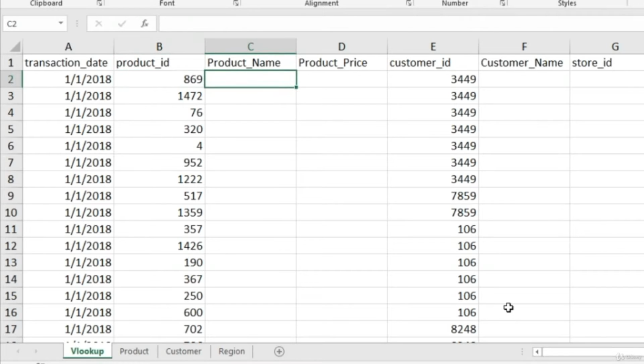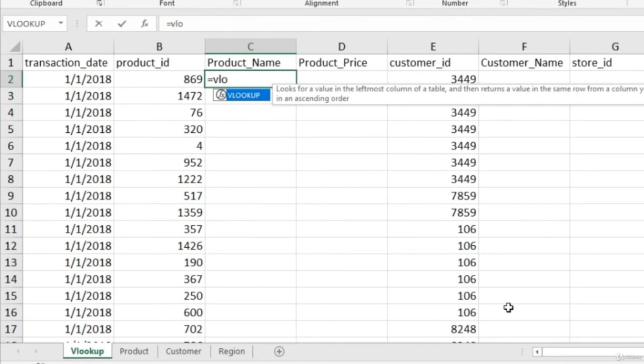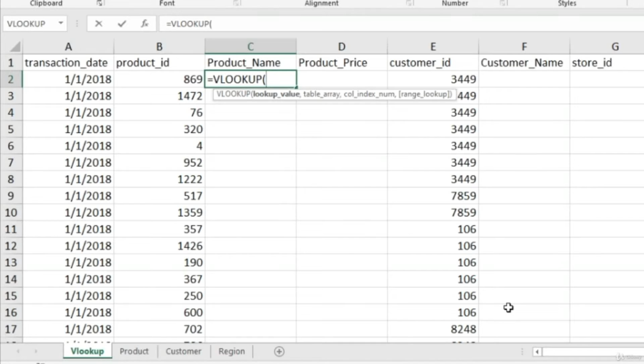That is very simple, but please watch carefully. What we have to do is type equals Vlookup. We'll just write VLOO after the equals sign, and Excel will quickly give you the formula. You will just press the tab key on your keyboard and Excel will open this formula. Now the first thing is the lookup value, what I'm looking for. So I'm looking for 869. The first thing I need to tell Excel is cell B2, that I'm looking for this,